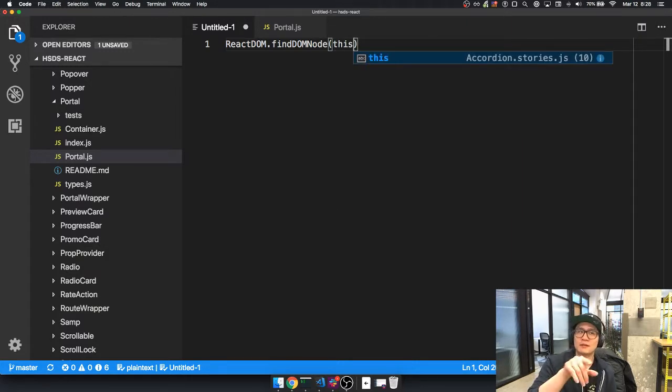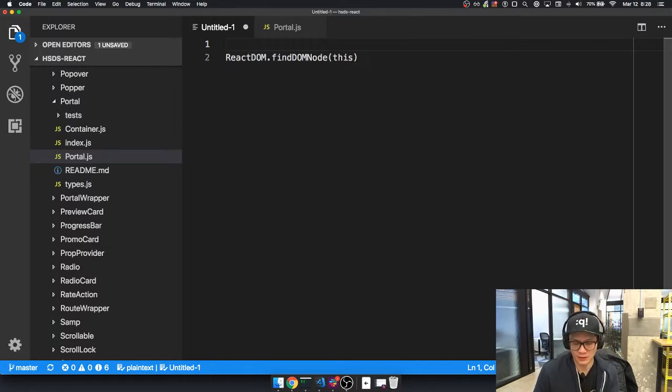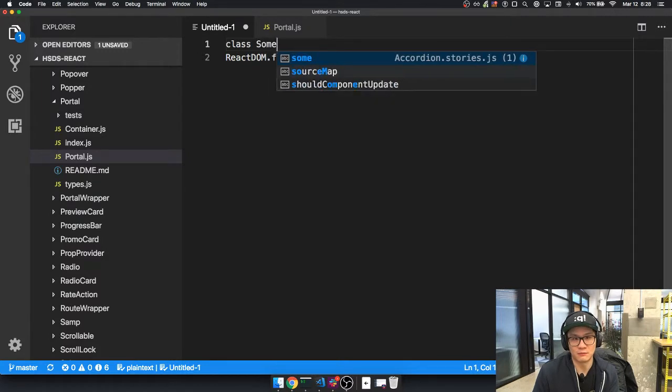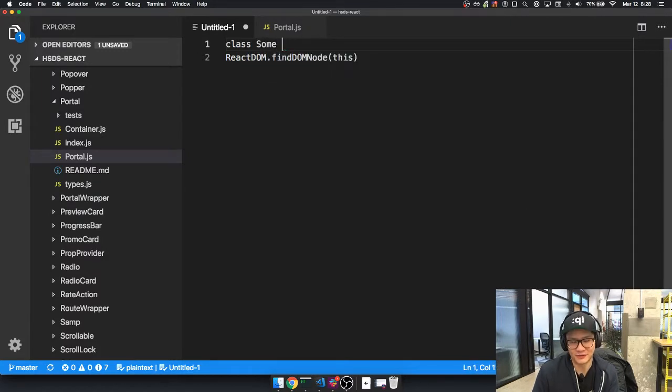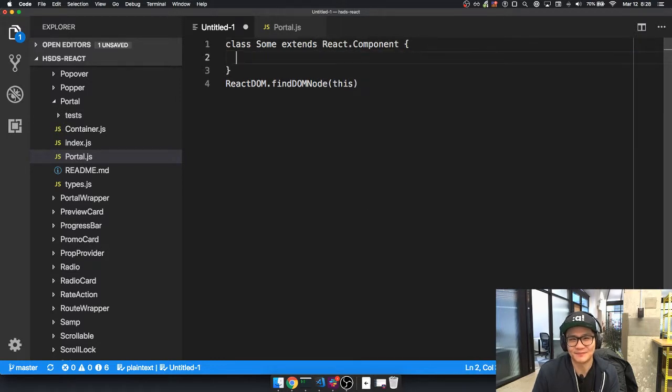But the caveat of this is, if you have this within a class-based component, so if you had some class that extends React.Component, and you had this thing within one of the lifecycles,